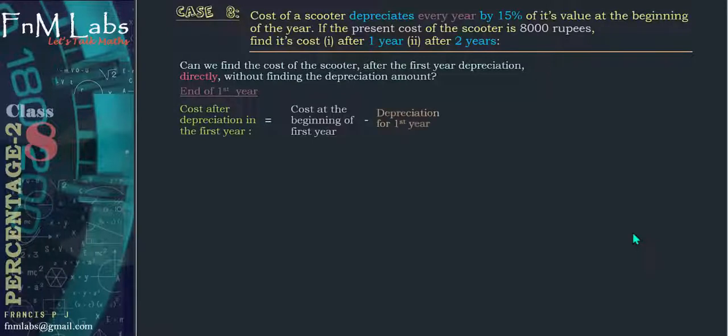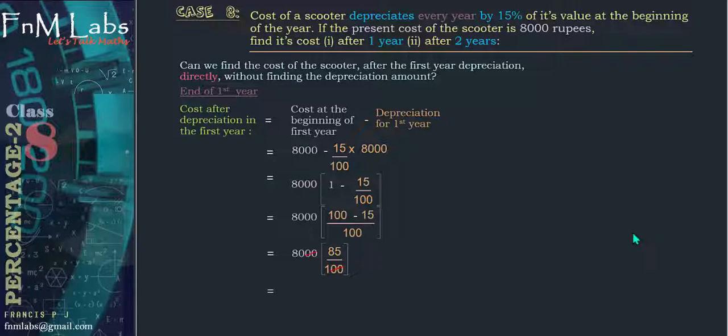will be cost at the beginning of the first year minus depreciation for the first year. So that is equal to 8,000 minus 15 by 100 times 8,000. Now the 8,000 can be taken outside of the bracket. It becomes 8,000 into 1 minus 15 by 100. That is equal to 8,000 times 85 by 100, which is equal to 80 into 85. That is same as 6,800. So here, after the first year, we got the cost of the scooter after depreciation without finding the depreciation amount